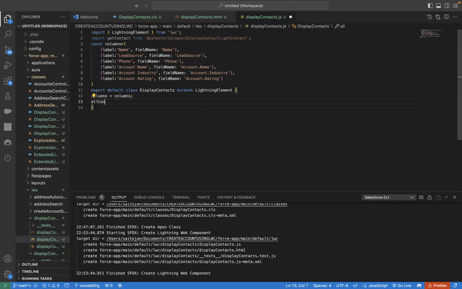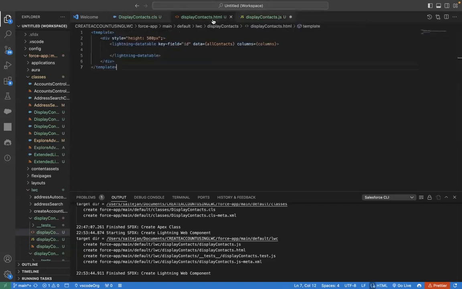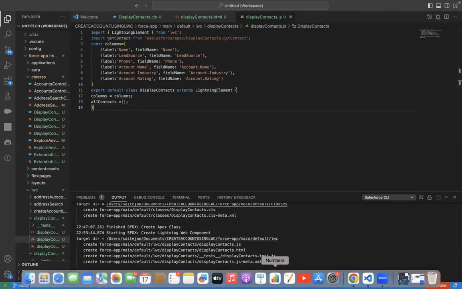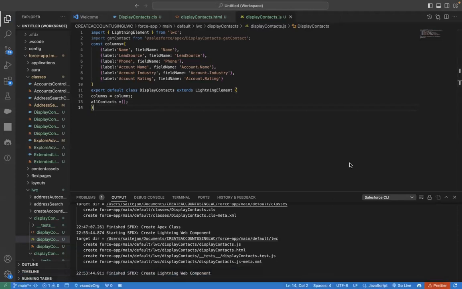Okay. Now the next step that we need to work on is that we need to fetch this all contacts data, and this all contacts data will be displayed in the data section over here. And the columns are nothing but the headers of the lightning data table. Okay, so these columns will be displayed over here, these columns. Okay, so the next step is going to be, we should be importing the wire method. Okay,